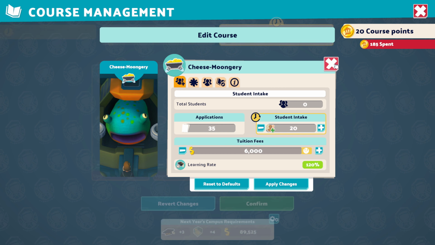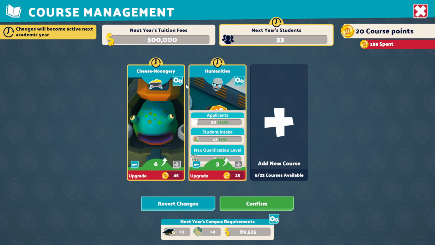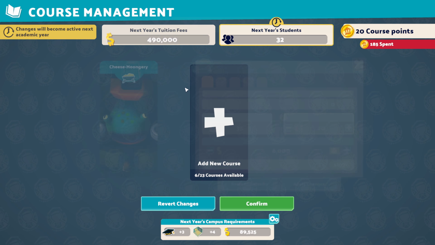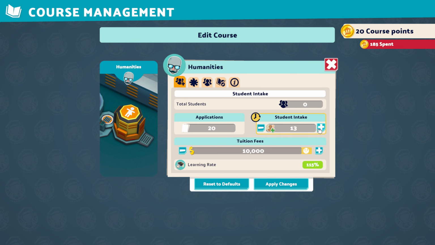What I do recommend though is having as many Cheese-Moongeries as possible, but still having a decent amount of humanities, because you're going to want at least over 8 so you can have that extra class. 16 would be great, but then you're going to have to really lower to come down to here. If you did 16 and 16, that would be a 32. What I ideally would want is, I'm probably going to go 20 and 12. I can then increase this, and you can play around because you want the learning rate to be... So you can see, it's making me stay at